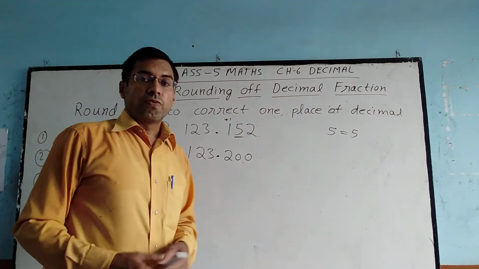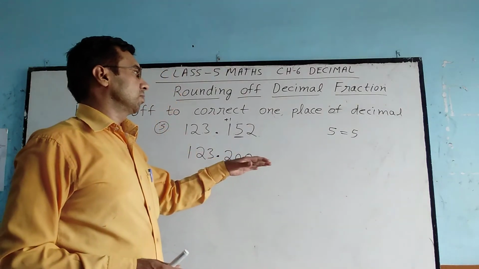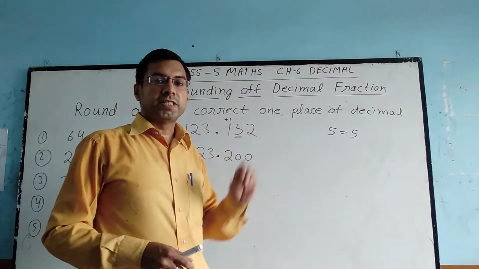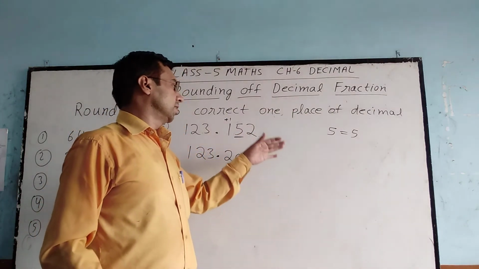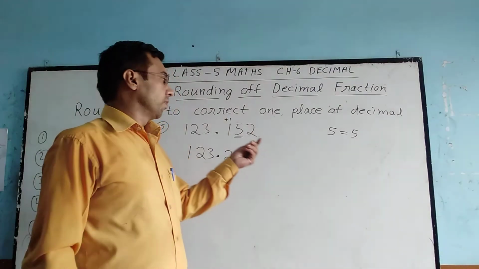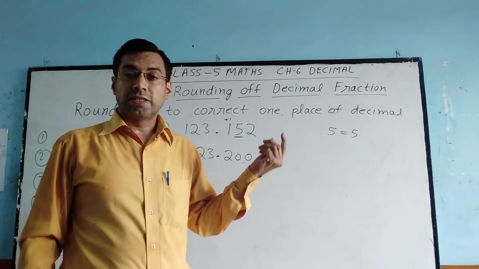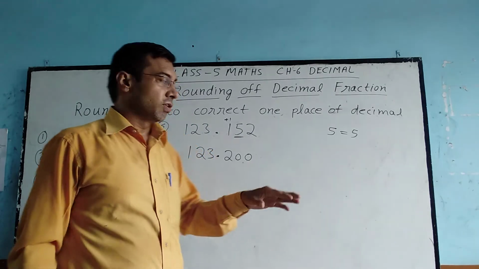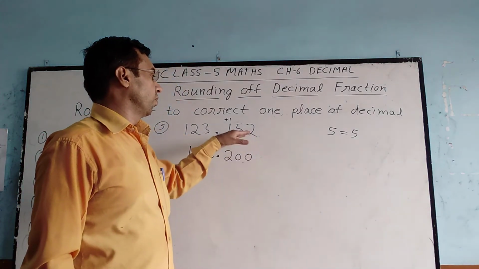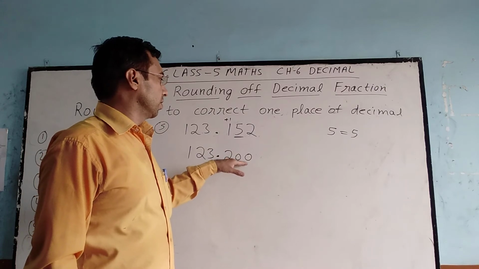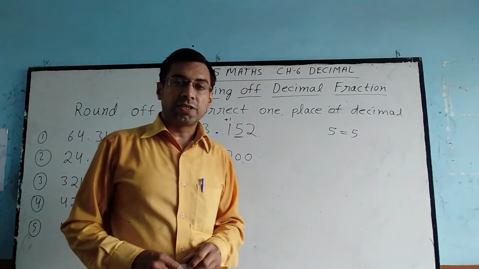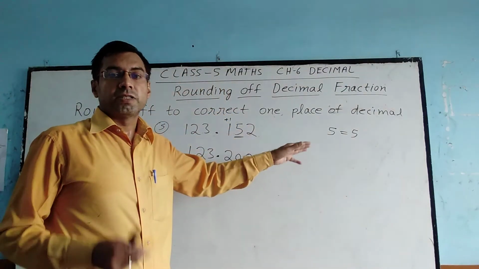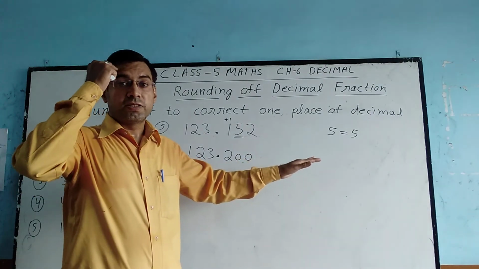So what do we have to do while rounding off to correct one decimal place? We have to compare the hundredth place digit with 5. If it is less, we convert the thousandth place digit to 0, the hundredth place digit to 0, and there is no change in the tenth place digit. If the hundredth place digit is equal to 5 or greater than 5, we change the thousandth place digit to 0, the hundredth place digit to 0, and we add 1 in the tenth place digit. Student, if there was a ten-thousandth place, then we also convert that place into 0. So there is no change.